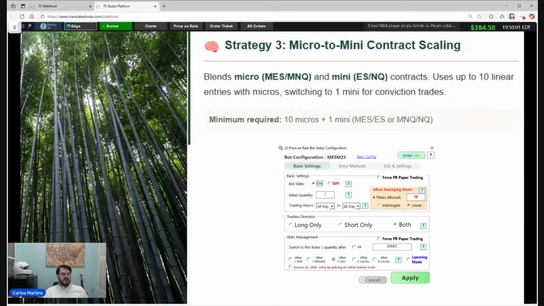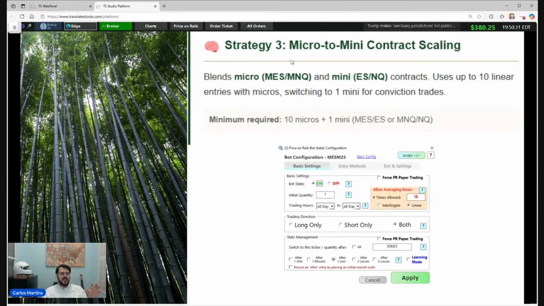And here you can say, actually, Carlos doesn't know how to count, because it's strategy 3 before strategy 2. The reason is that we sent the email with strategies 1, 2, 3 numbered, and this strategy is similar to the first one. So I will make it strategy 1, 3, 2. The last one will be the second that we had in the email. Strategy 3 is actually the second strategy that I'm showing you today.